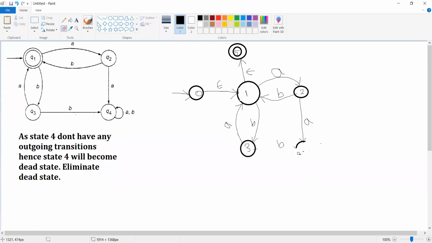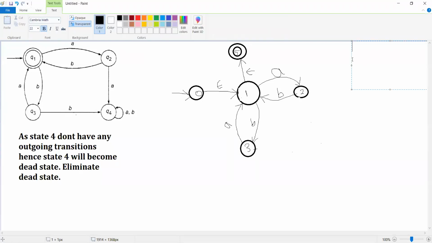Why am I completely removing it without any simplification? Because this state has incoming transitions only, but it doesn't have any outgoing transitions. From this we can say that this is not going to be a useful state. That's the reason why I have removed it completely. Now you can remove either state 2 or state 3. You can select any one state. I go for removing state 3. So just select remove state 3.